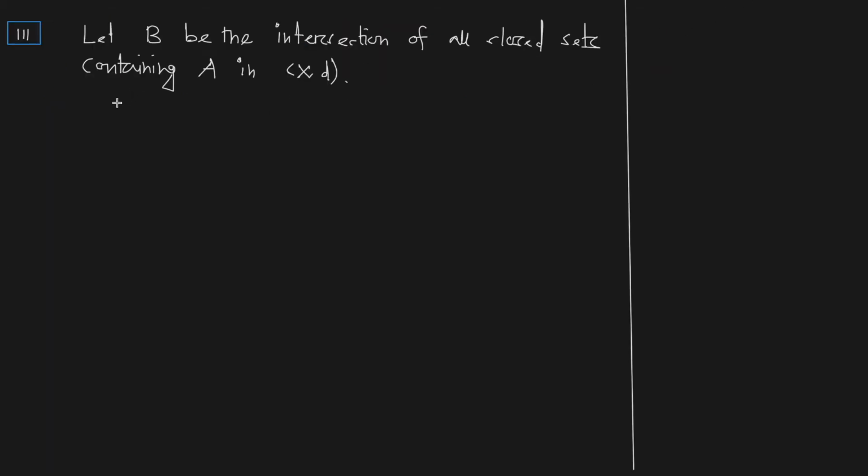So what is our target? So aim to prove that A bar is equal to B. What is B? B is the intersection of all closed sets containing A, okay, that is our target।